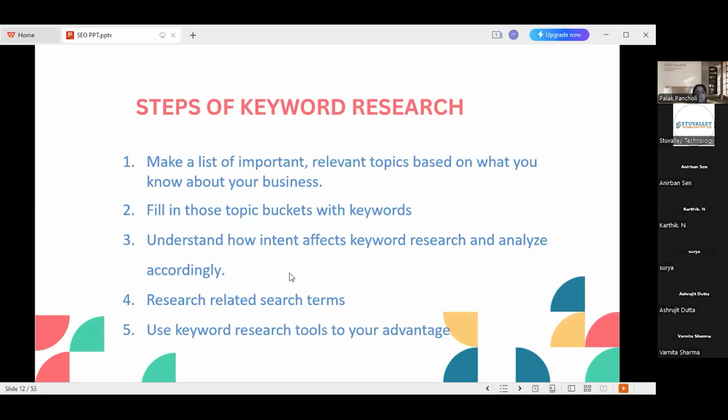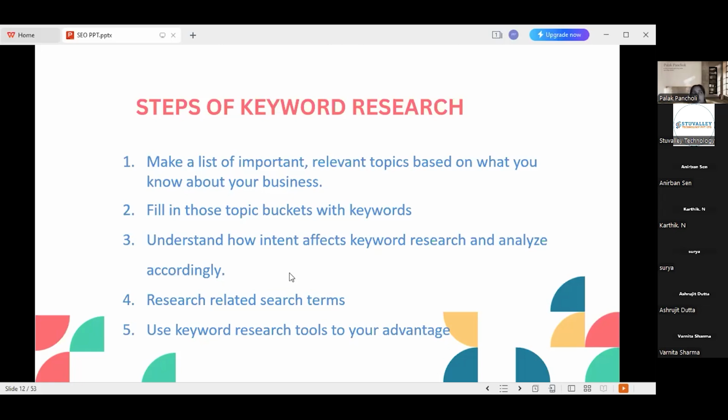We'll discuss. Okay, so we have to understand the intent. Whenever we are selecting any keyword from the keyword research list, where we have to use that keyword and what is the purpose of using that keyword. If someone is searching that keyword on the search engine result page, what would be the intent of that particular user. If it is a commercial or transactional keyword, then they are heading towards sales, right? So that type of keyword is important for our blogging content, right?